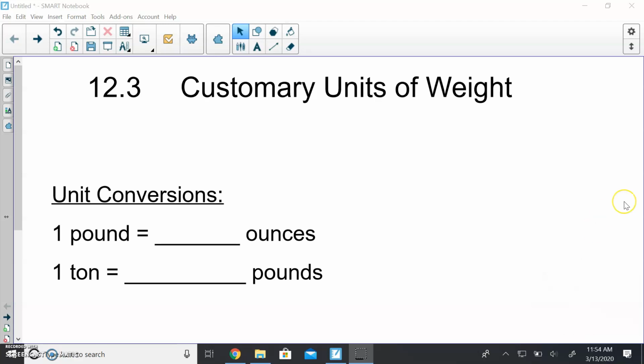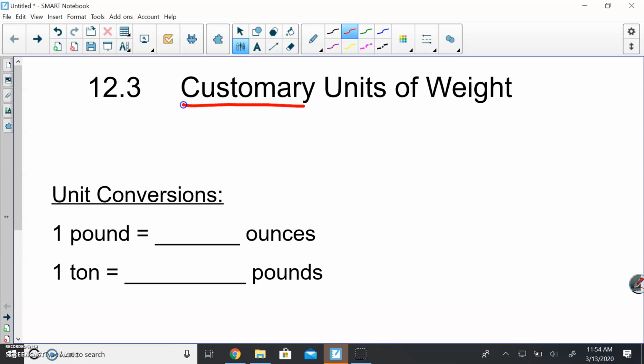All right, so again, we're in the customary system still, just like we were yesterday, but today we are talking about units of weight, right? How heavy something is. So let's talk about our unit conversions. Our units are pounds, ounces, and tons. Okay, pounds,